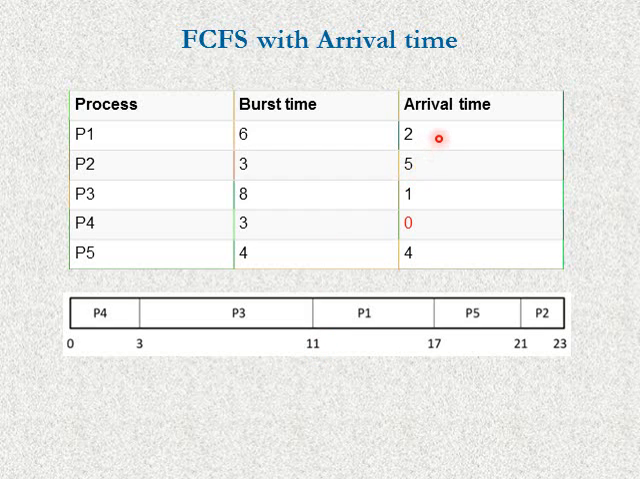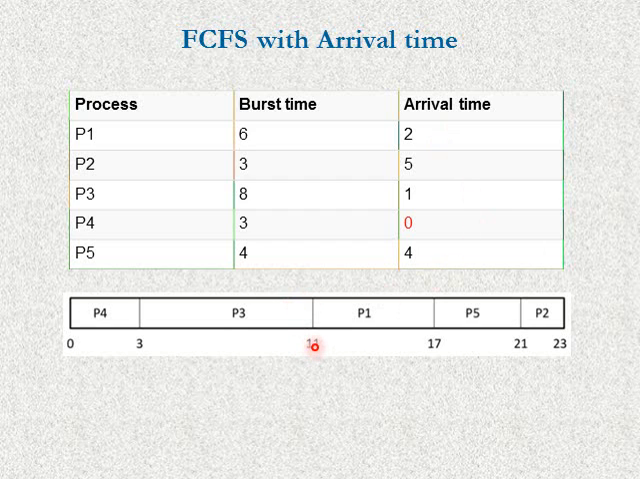First one is P1 that arrived at time interval 2. Then we have P5 that arrived at time interval 4. And then we have P2 that arrived at time interval 5. As P1 is the earliest process that came into the ready queue, the first come first served algorithm will pick